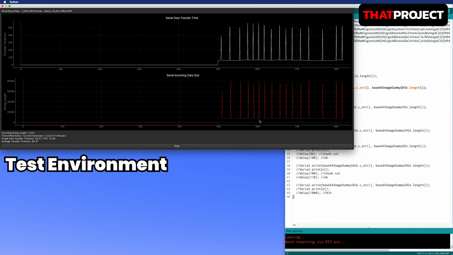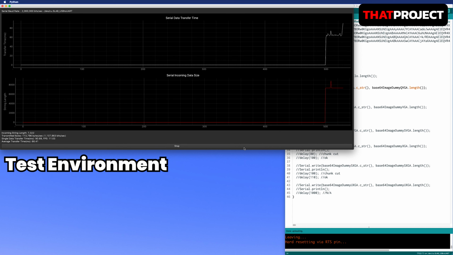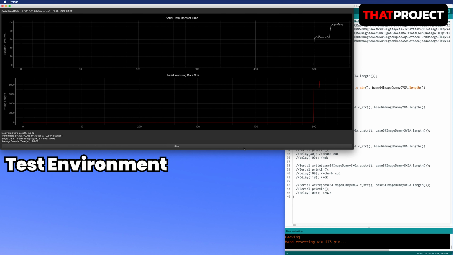At this time, let me change the delay time to 60 milliseconds. This time, I was able to confirm that the data came in stably. Due to the increased delay time, the transmission speed has decreased, but stable data transmission is possible. The chunk size should never be changed because it's a minimum chunk unit.